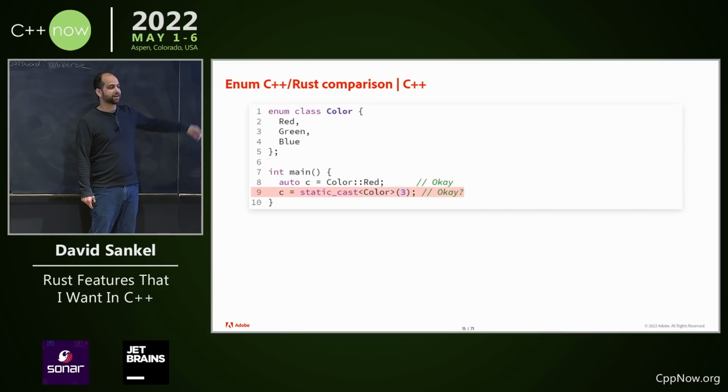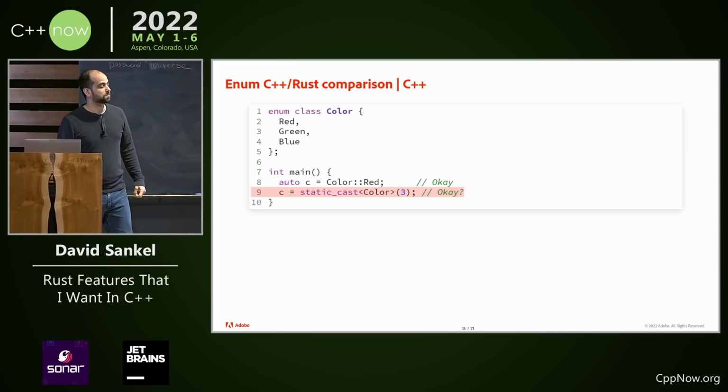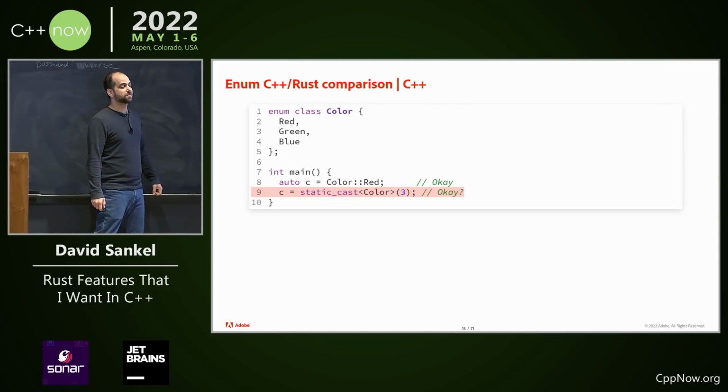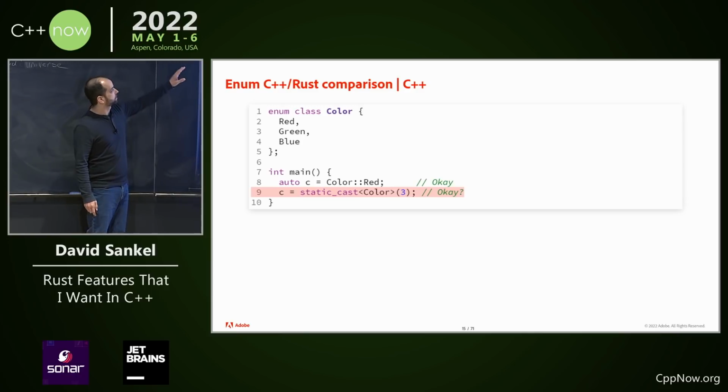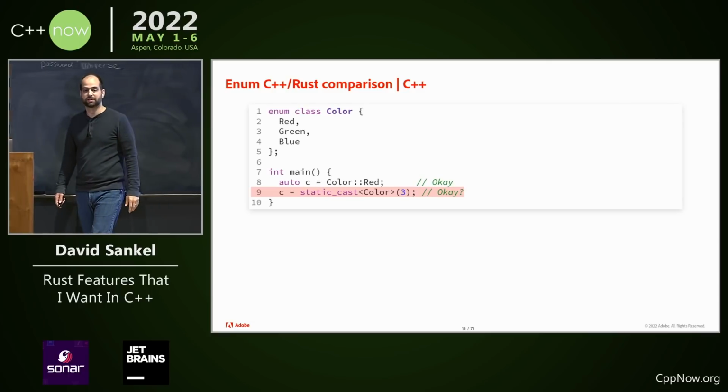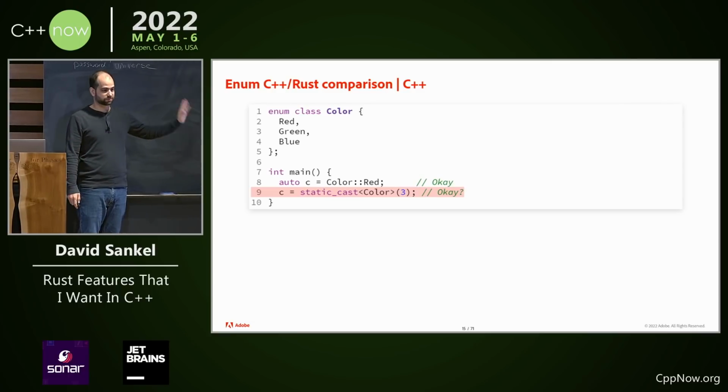What do you mean by okay? What do I mean by okay? Yeah, that's a good question. So let me just explain. This is totally fine from the compiler's perspective, right? Because when a C++ compiler sees an enum class, it thinks this is basically an int with 3 defined constants, but it can be anything else that fits within the int, okay? So that's totally cool with C++. People don't use it that way, but that's what it is. Yeah, you hope, but it's named constants.